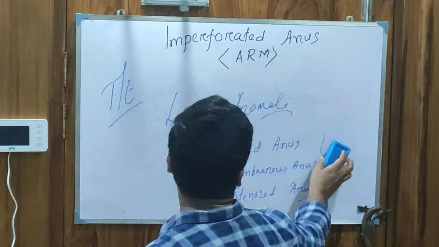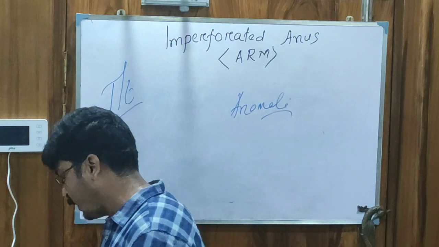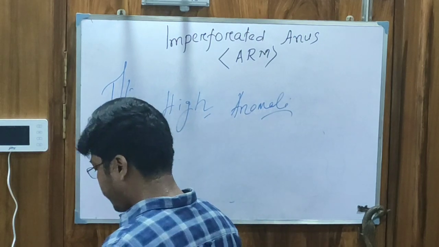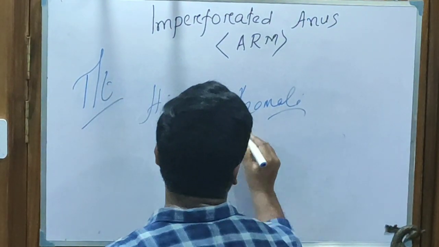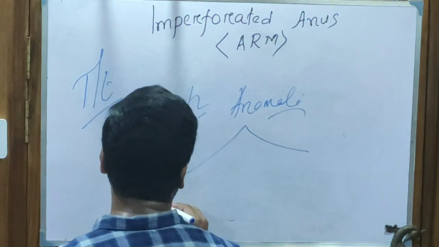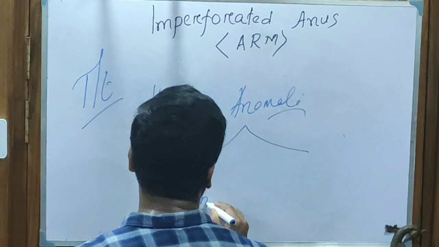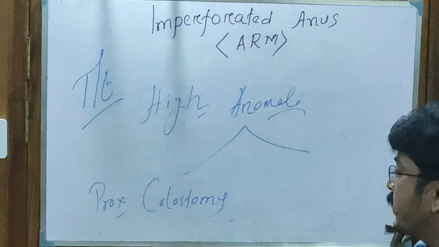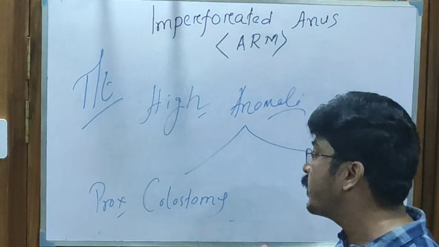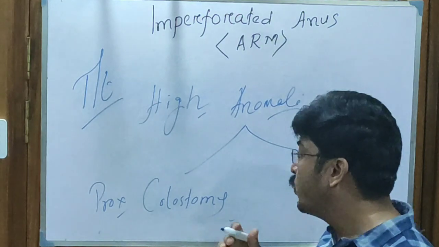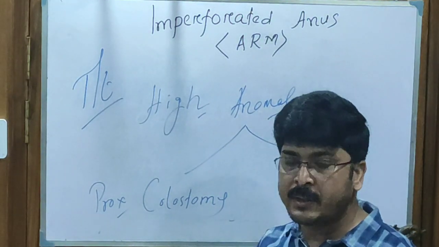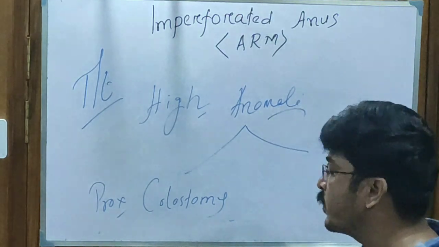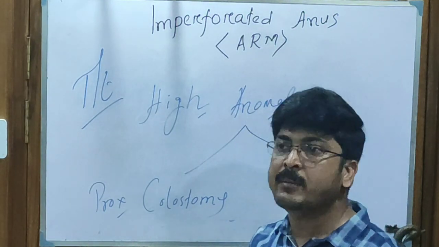Whereas for high anomaly, it is a two-stage procedure. Colostomy first. A temporary proximal colostomy should be done just after birth, that means whenever the patient develops acute intestinal obstruction, to relieve the symptoms and save the life of the baby. Proximal colostomy should be done first, within 1 to 2 to 3 days when the diagnosis is made and the patient is suffering from